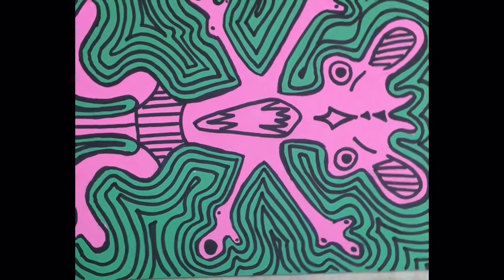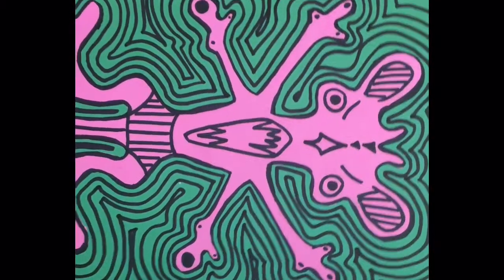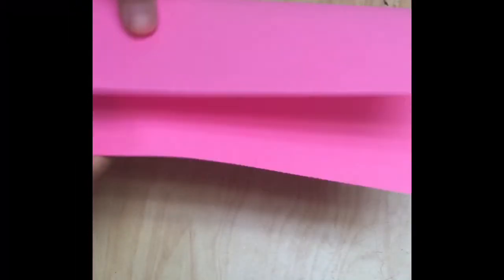Hey everybody, we're going to go ahead and go over the few steps you need in creating this symmetrical monster, so stay tuned. Alright guys, to make your symmetrical monster, you're going to have to fold your piece of paper